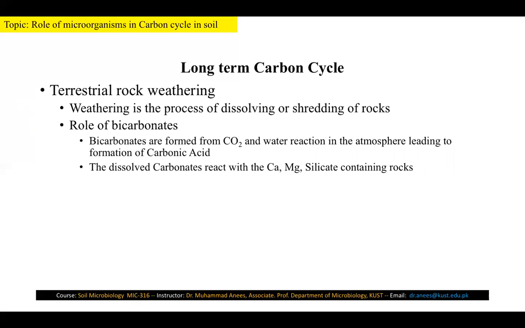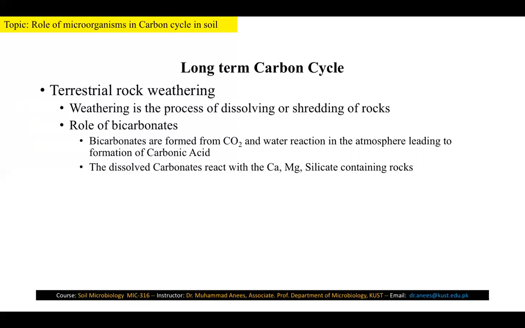The rocks are dissolved by bicarbonates. Bicarbonates are formed by the reaction of atmospheric carbon dioxide and water in the atmosphere, which makes carbonic acid. When this carbonic acid comes down